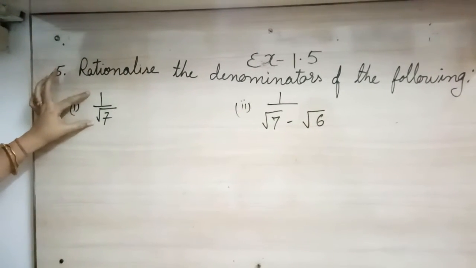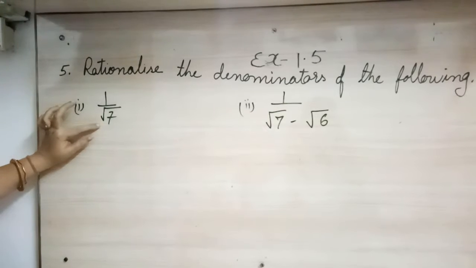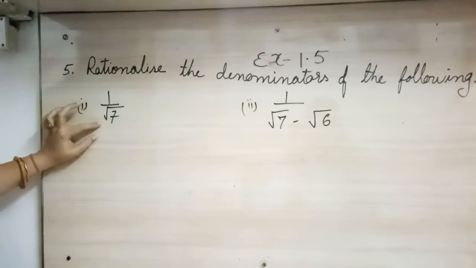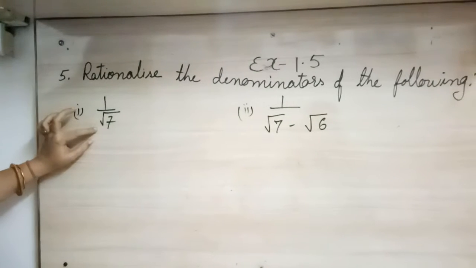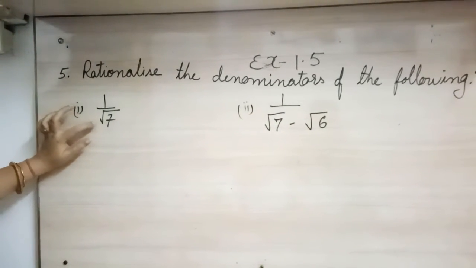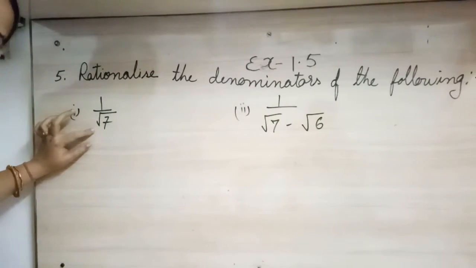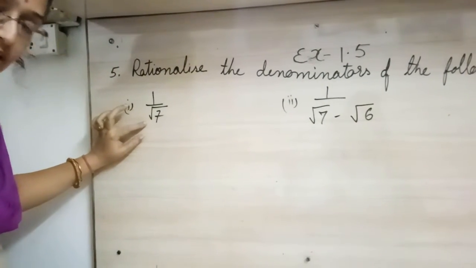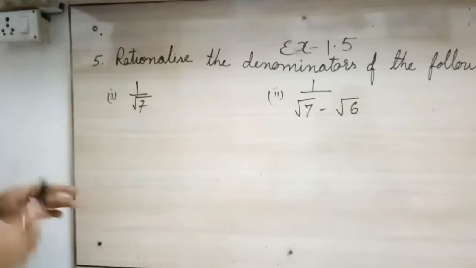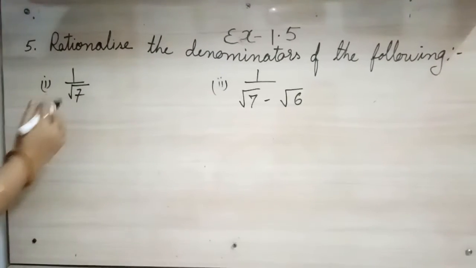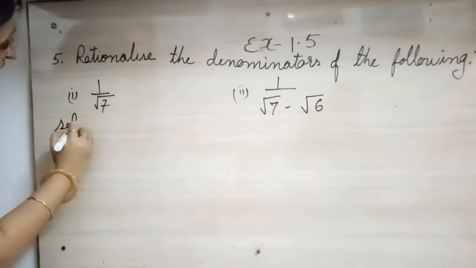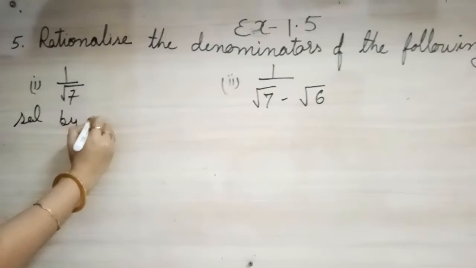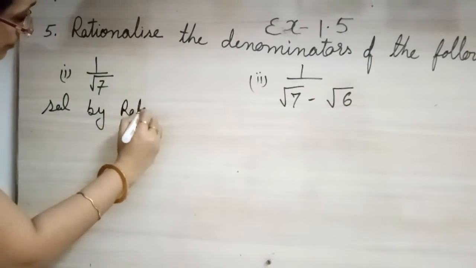Here in this question the denominator is root 7. So we never want the denominator to be an irrational number. So to remove this irrational number from the denominator, we rationalize the term given. Okay. So here, solution, they are telling us to rationalize the denominator. So we will write by rationalization